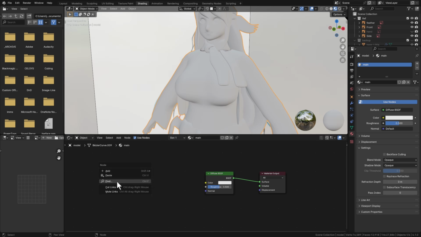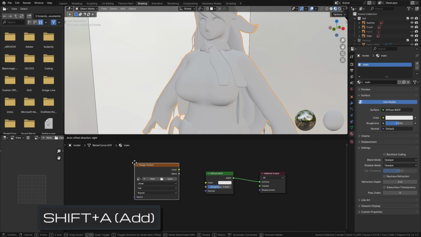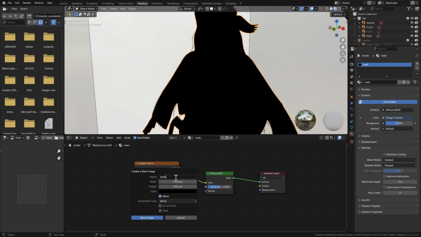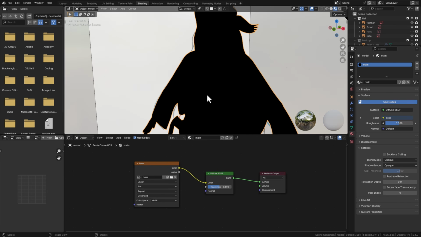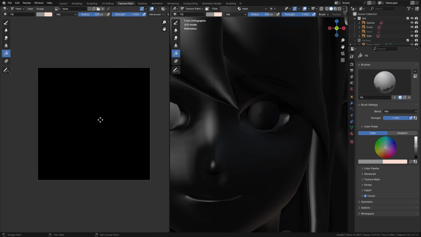In the Nodes window, press Shift A and use the search function to add an image texture node. You won't have any textures yet, so go ahead and click the New button to add one. Name it Base and make it 32 by 32 pixels. Trust me, with this method, you don't need more than that. To start working on the texture, navigate